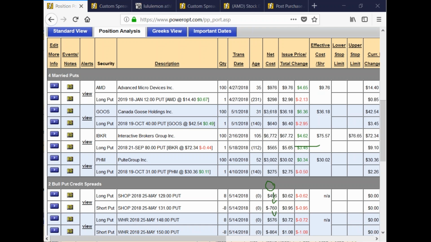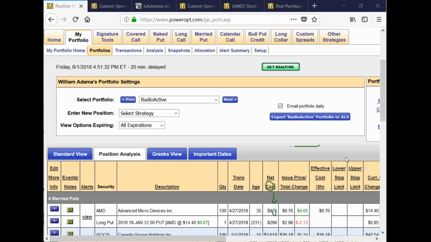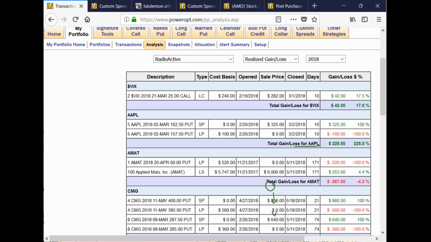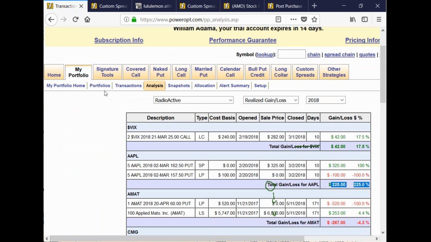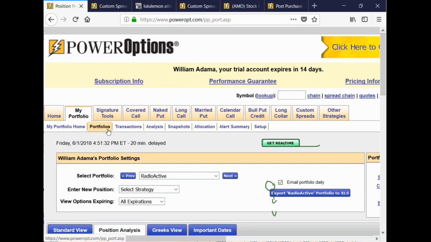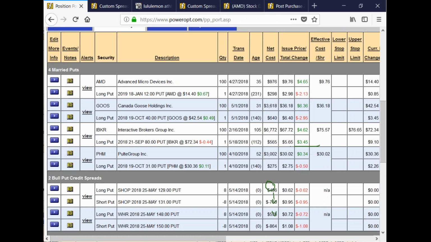He says, how hard is it to sum up the PowerOptions portfolio on a multi-part campaign, in and out of stock, put and call? The only view that would give you a great analysis of that is here in the analysis view. As I close legs, roll legs, close stock, roll legs, it's going to keep me a running tab over the entire position. I fear, because I've never done this in the portfolio, but I know that if you opened 3,000 shares of stock and sold 20 calls at this strike and 20 calls at this strike, but you didn't separate them out that way, and then you assigned 10 calls at one time and 10 calls at another, then bought more shares and you edited the position mark for the maximum return,